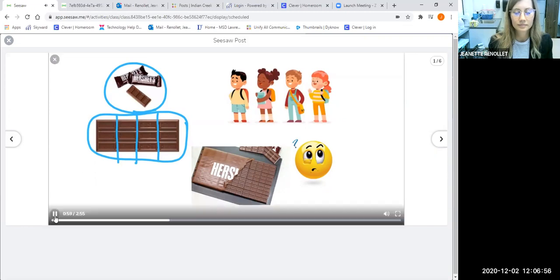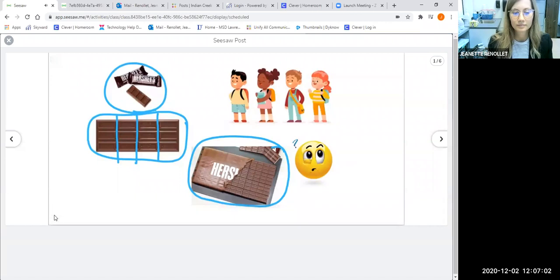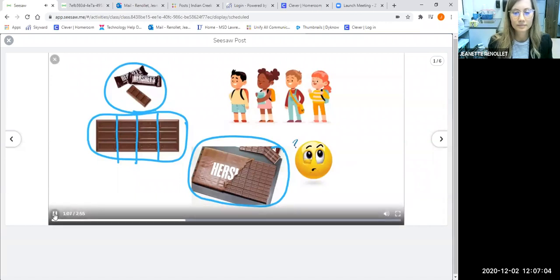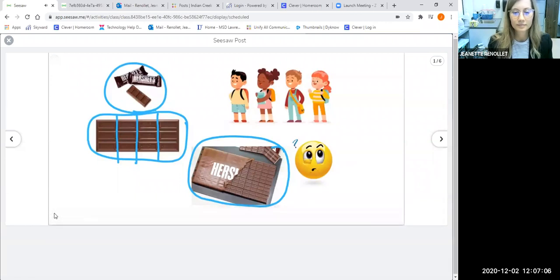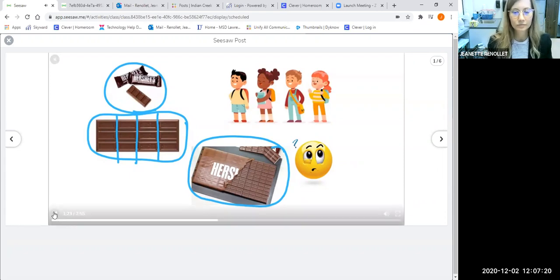And then we got to this gigantic candy bar right here. And we realized, wow, breaking off one at a time definitely is not going to work. Breaking off 3 at a time probably is still going to take a long time. So it makes more sense to think about things in larger groups. Groups of maybe 5 or 10 at a time when we have to divide out amongst a larger number